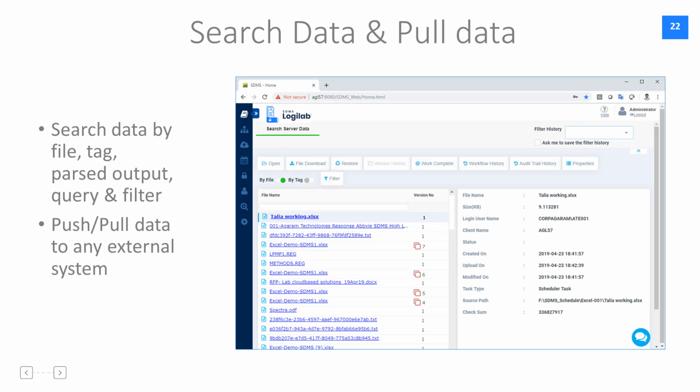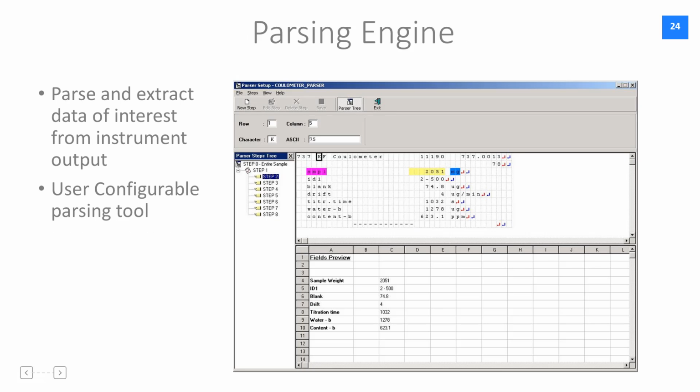All these features are available such that LogiLab SDMS can be part of your bigger ecosystem where data can be shared from LogiLab to external systems as well as from external systems to LogiLab, so that it becomes a collaborative system within your organization. What you see now is a